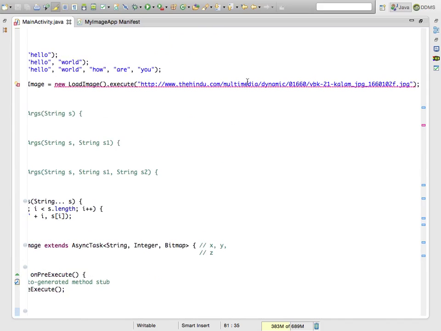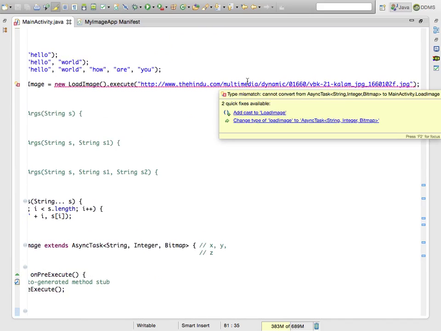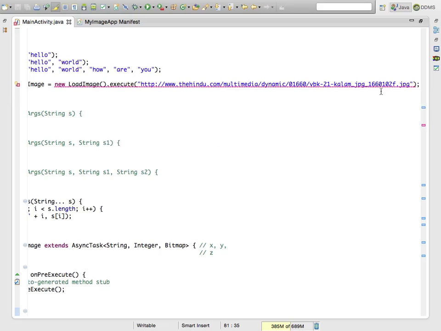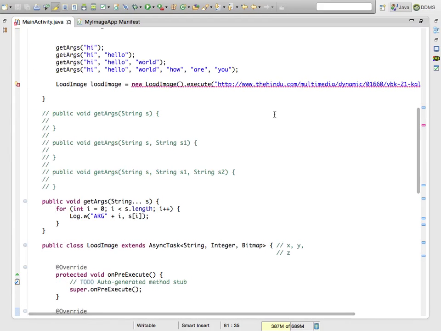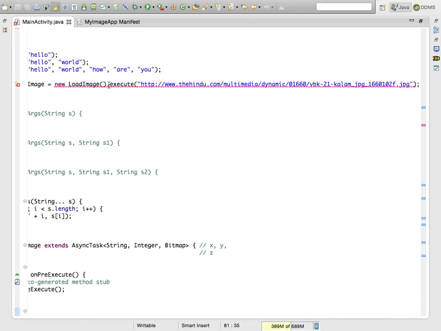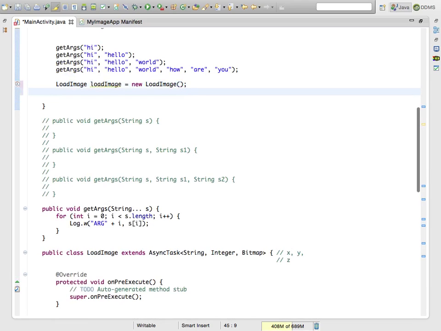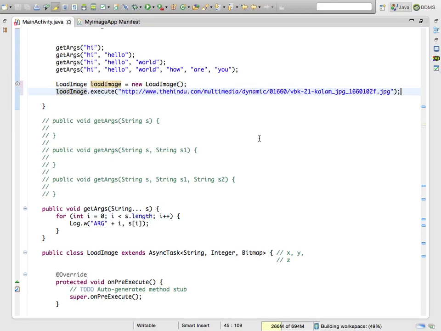What kind of error is it giving? Oh, sorry. It's an initialization block alone. Forgot it. After initializing, call execute. So once your class is initialized, now you can call the thread by a particular method called execute,